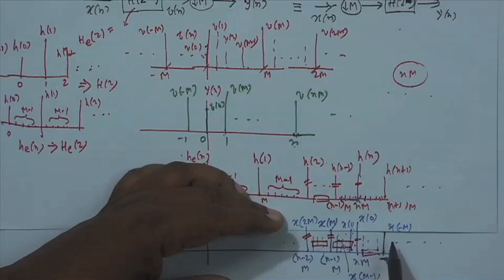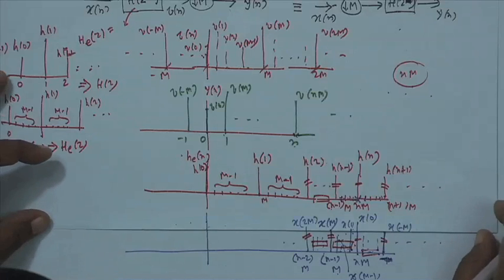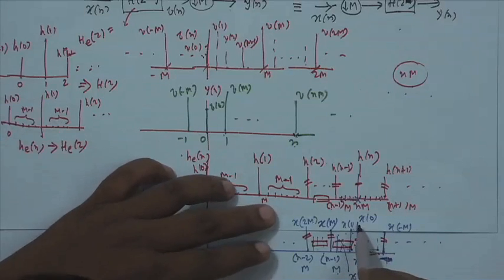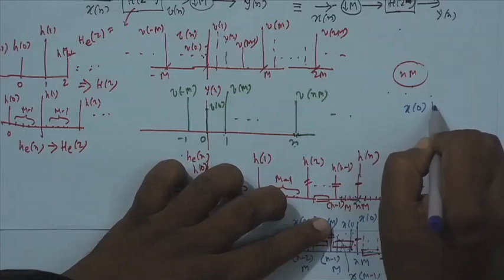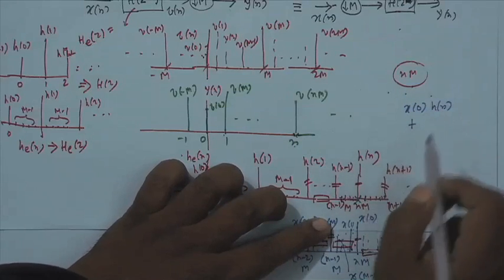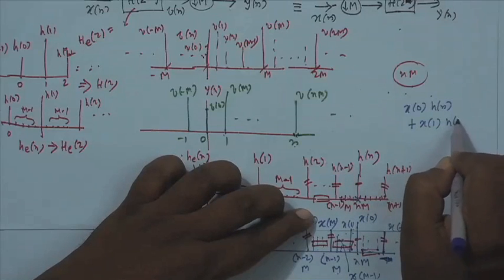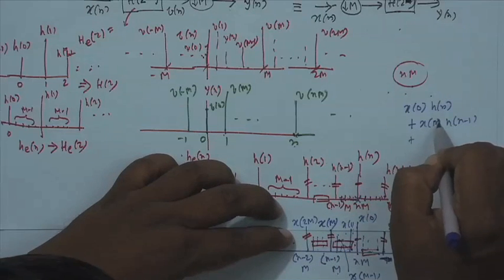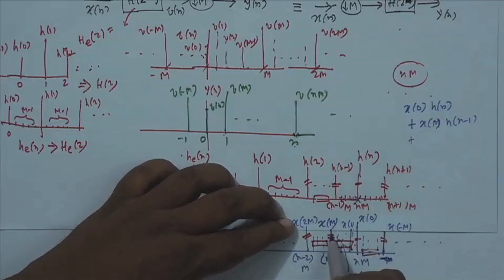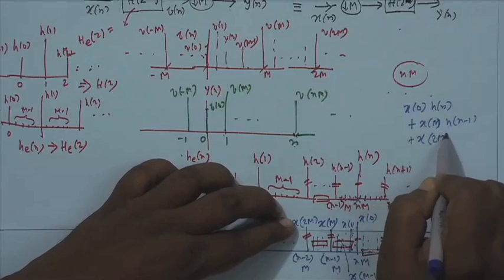So, they do not contribute anything, forget them. Then this with this, and these fellows get added, and if you add, what you get is the following: x 0 h n, the left hand side, then x m h n minus 1, this with this, x m, this is x m, not x 1, I am very sorry, x 0 x m h n minus 1, x 2 m